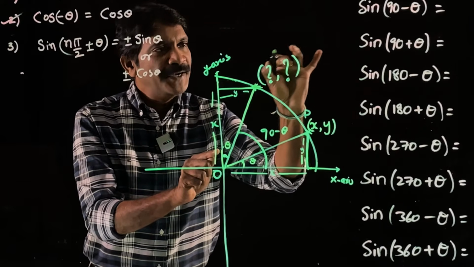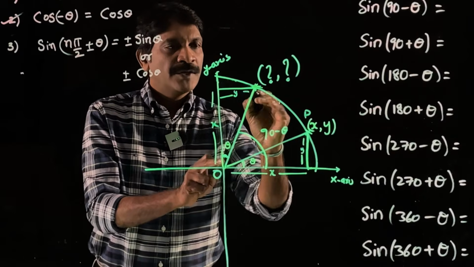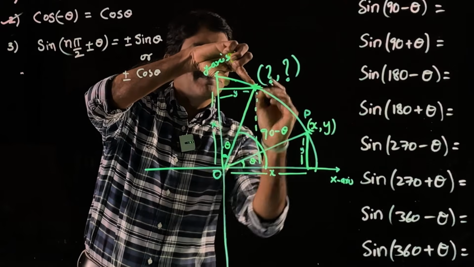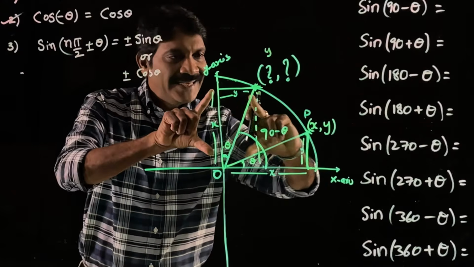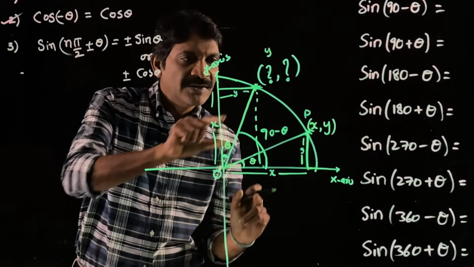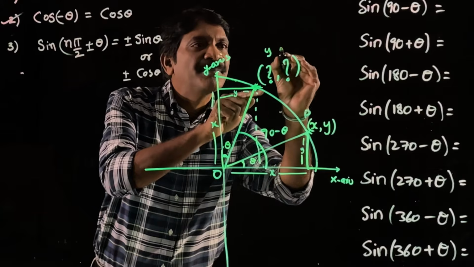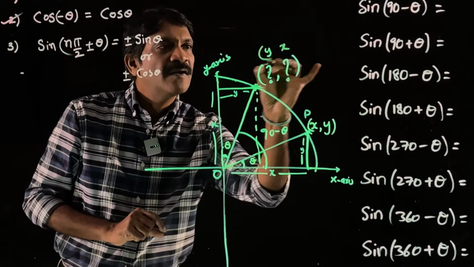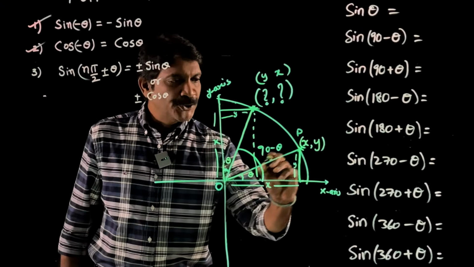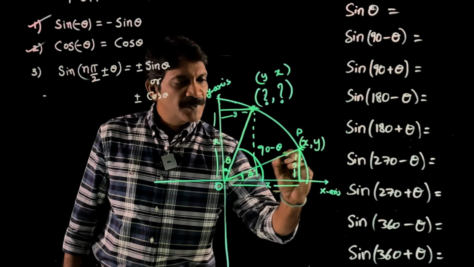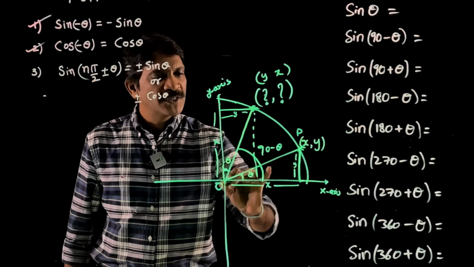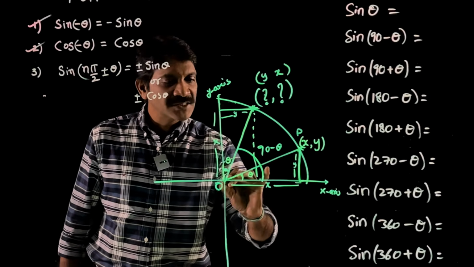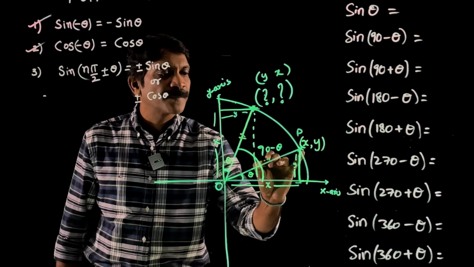Now we can predict the coordinates here. From here to here, the distance whichever is y can be kept here, and this height or this height are same. Since this height is x, we can write this also x, and this height can be kept here. Therefore, for 90 minus theta, its corresponding coordinates are y comma x. If you look at hypotenuse, this is root of x square plus y square. This is also root of x square plus y square, because this is a circle with center origin. This is radius, this is radius, so these distances are same. Using this